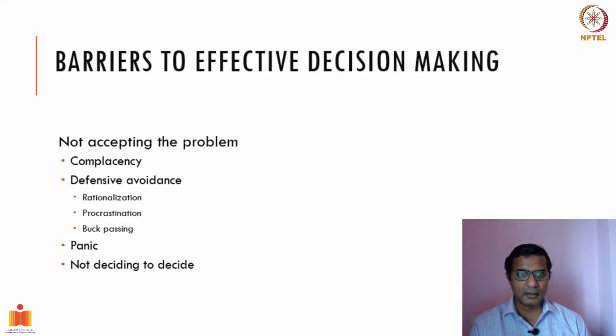The second reason can be defensive avoidance, which means you actively avoid looking at the problem. Complacency is saying no, we are doing good, we don't have to worry. Defensive avoidance is when there is a problem, but you try to push it away to the extent that you don't call it a problem. You take a lot of effort to push that situation aside and say it is not a problem. For example, let's say